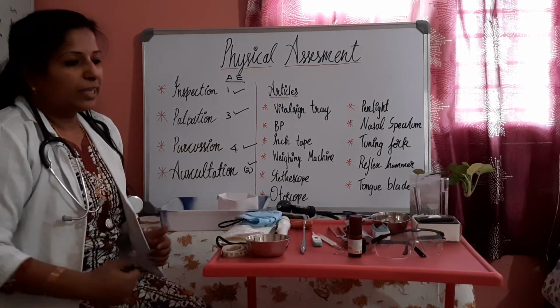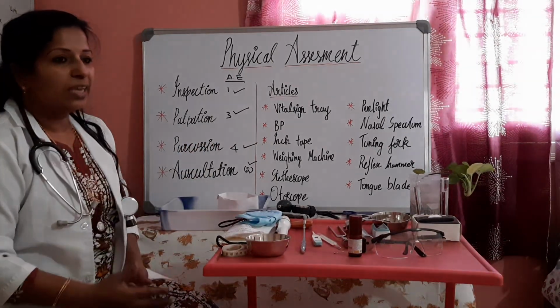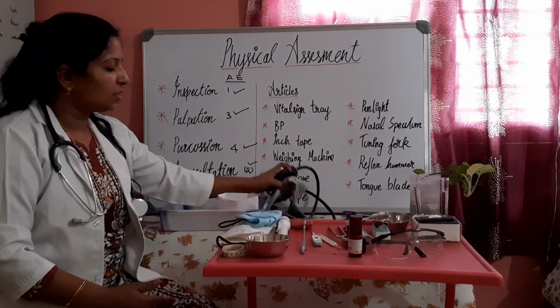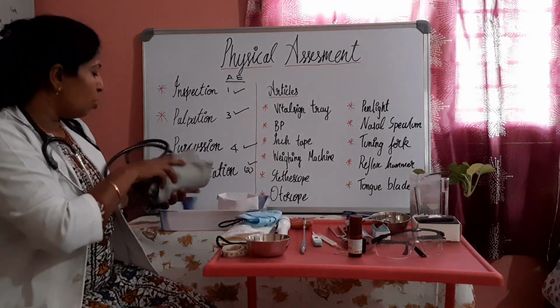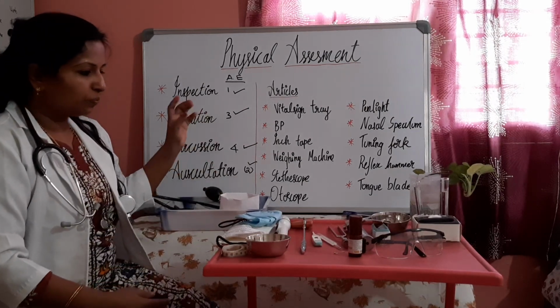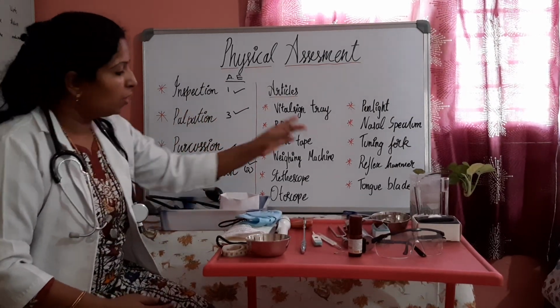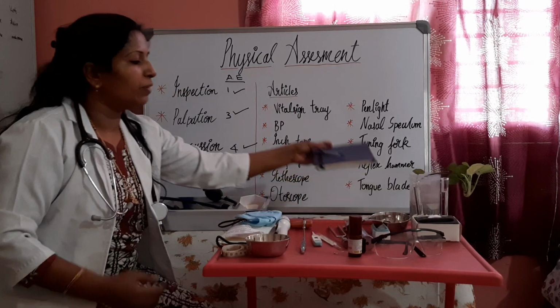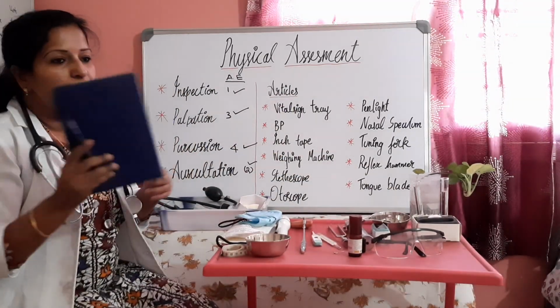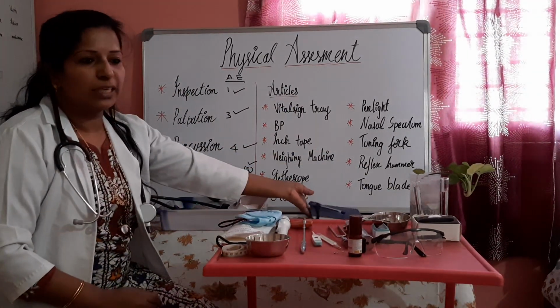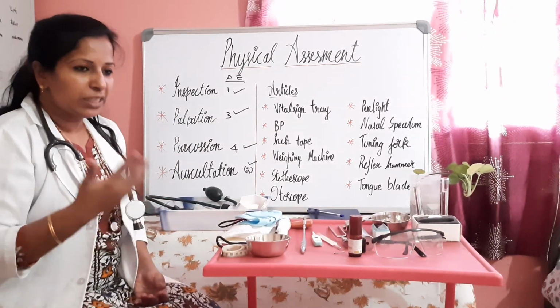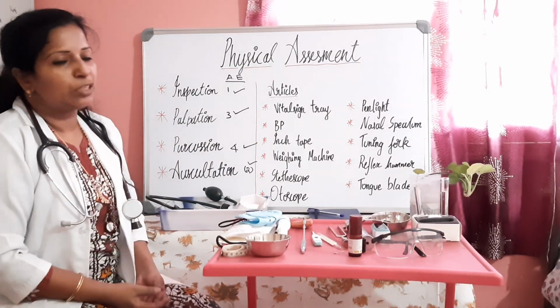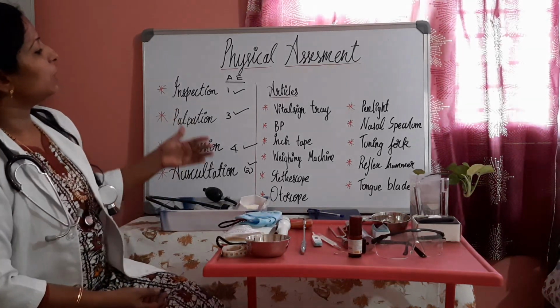And a very important thing, I forgot to say, for the vital assessment there should be a BP apparatus if you want to check the blood pressure of the client. I hope I explained. And last, to record everything, you should have a pen and paper or whatever is needed, maybe a patient case sheet or a notebook. So I will repeat the articles.